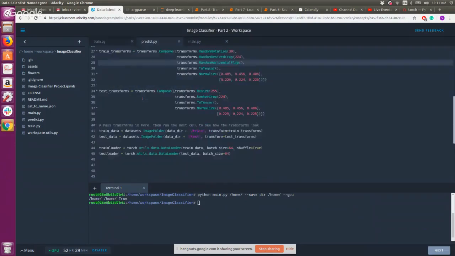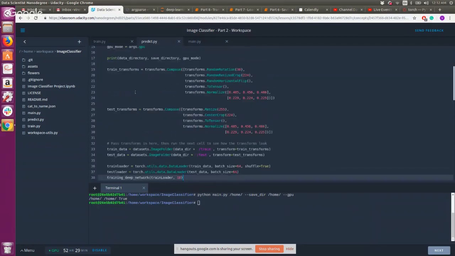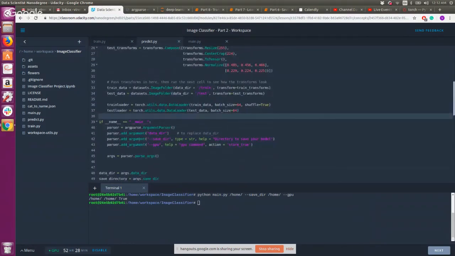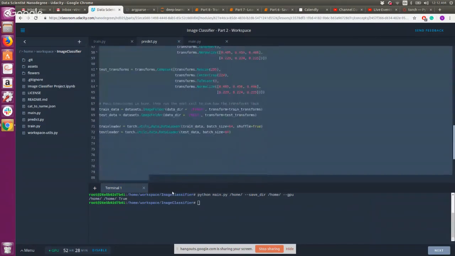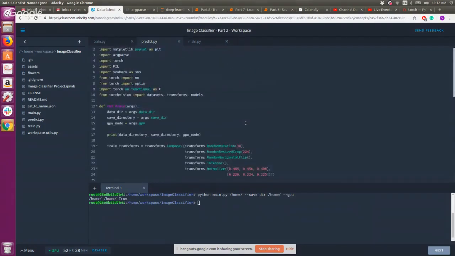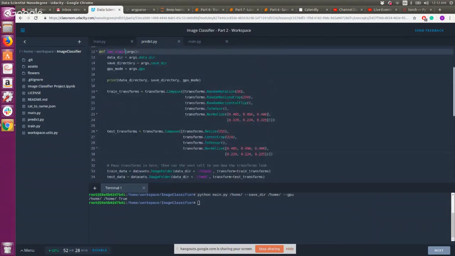So above it I can use this. Now I am not using training deep network. All this stuff is not needed now. It's there in the run train function. Run train function can be changed to run prediction function,